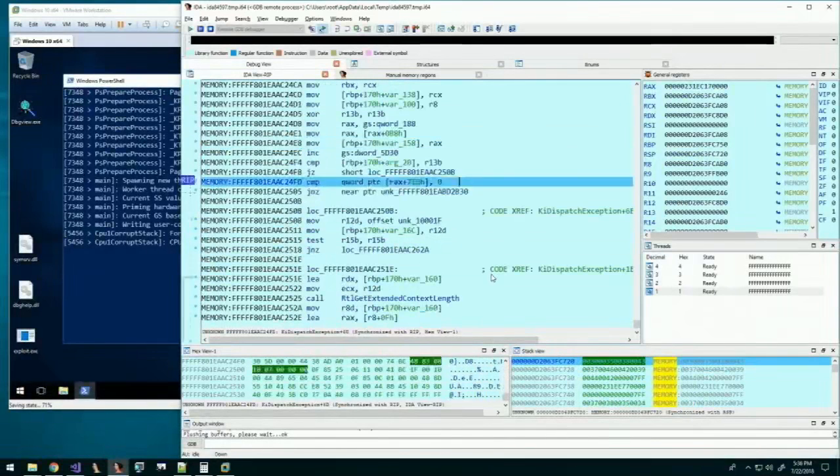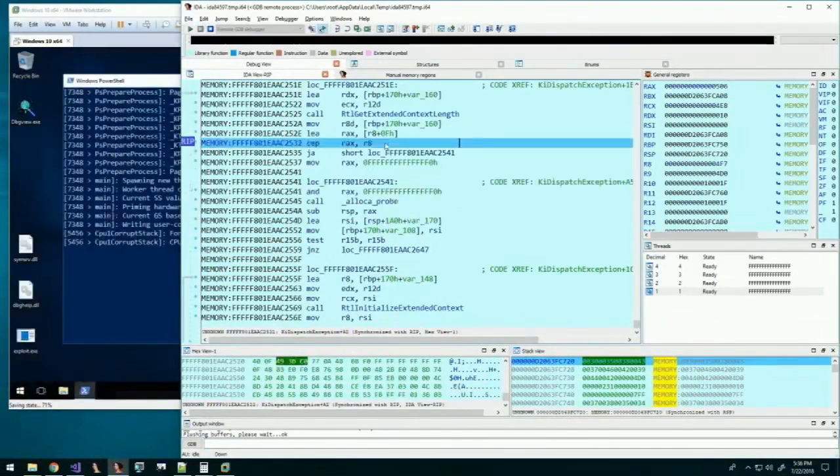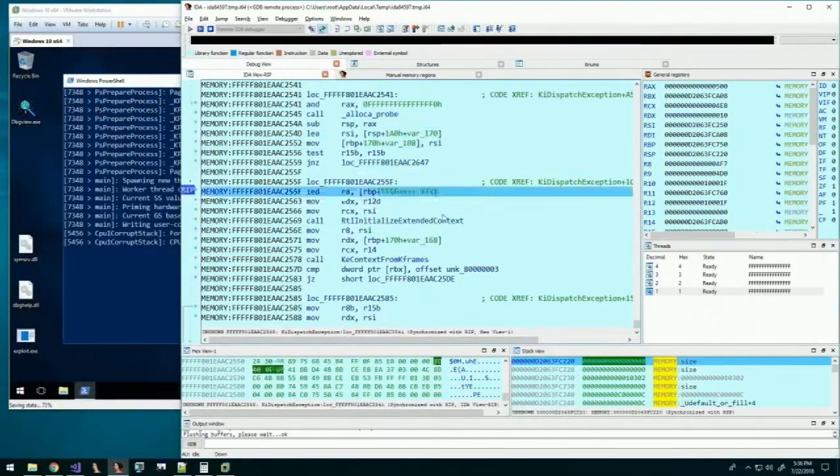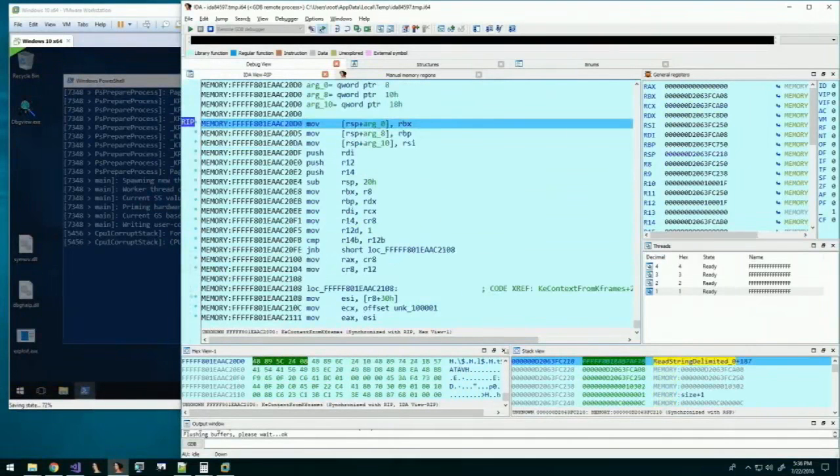And then we choose a return address on the stack to overwrite, and we chose an arbitrary function later on during exception handling that CPU1 will overwrite. In this case, the function that we chose is KeContextFromKFrames. And you can see at the bottom of the stack, we've actually overwritten the return address to go to our ROP gadget that we found.